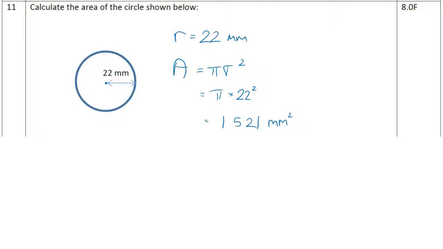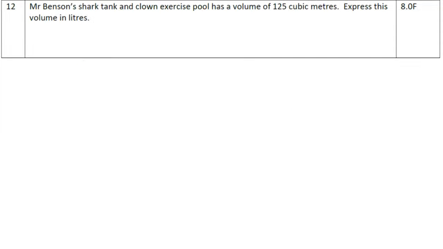But the main error that people made with this is that you didn't recognize that this was the radius. So r was 22 millimeters. So people were doubling this, and they were halving it and doing all sorts of stuff that they didn't need to do. So the area of a circle is just pi r squared. So all you needed to do was put in your calculator pi times 22 squared, and you ended up with 1520, I'm just going to round it to 1521 millimeters squared. So yeah, this was definitely one where not recognizing what the radius was a big problem. Okay,